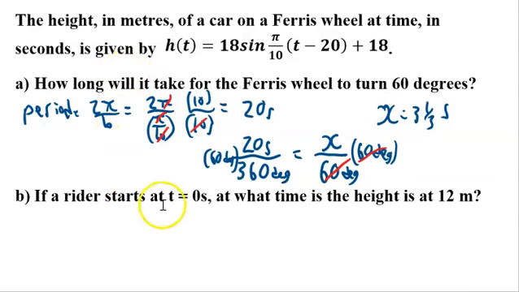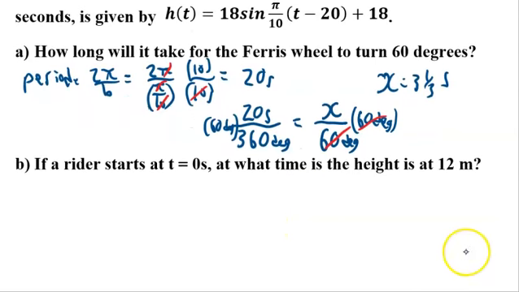Okay, so the next part. If a rider starts at t equals 0 seconds, at what time is the height at 12 meters? And for this one, I think it's best if we graph the function. We can do that really quickly. If we have a graph here,